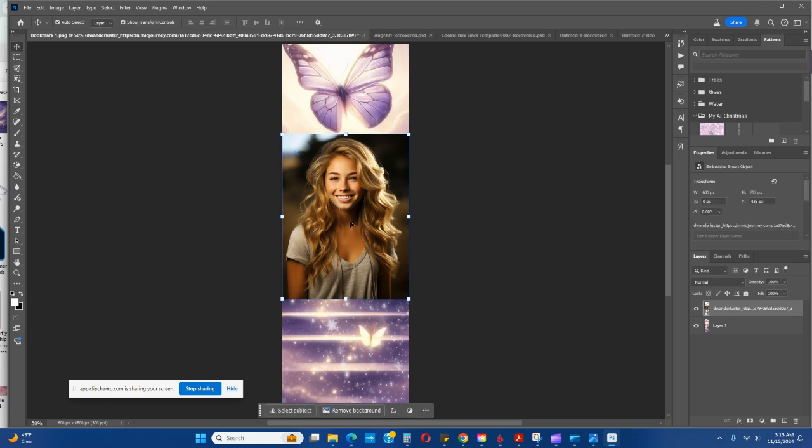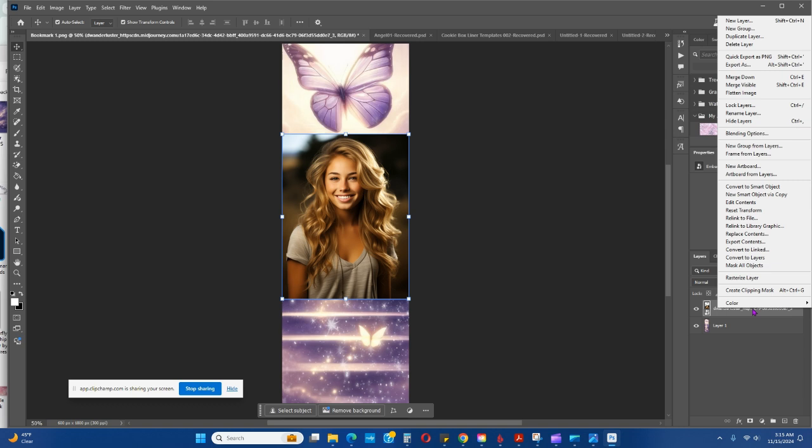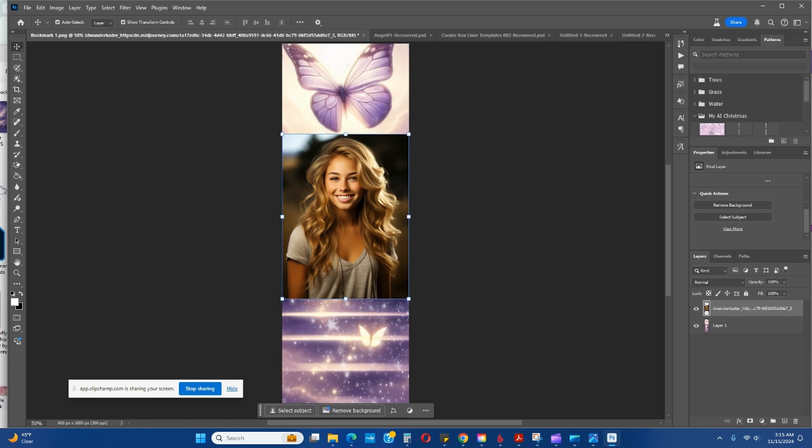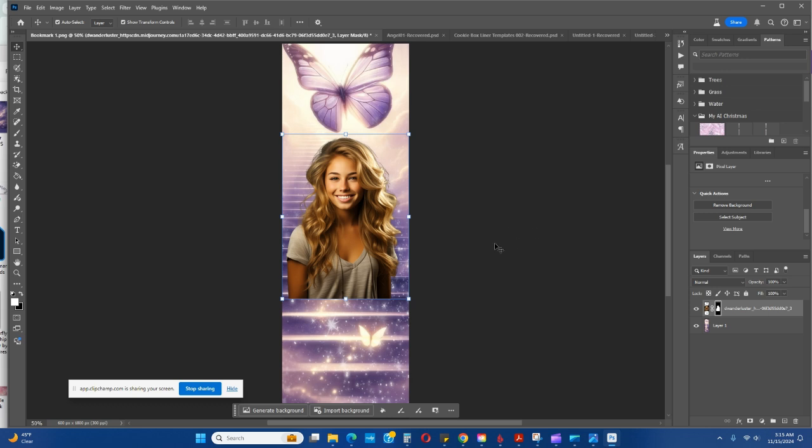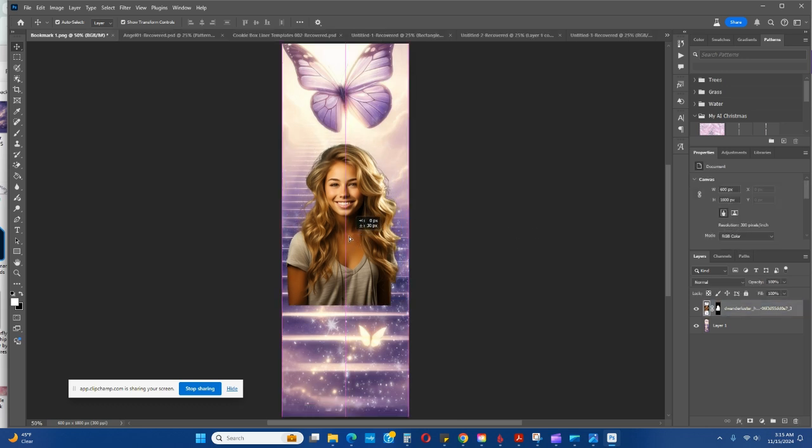drop it in Photoshop. Let's see. I'm going to rasterize this layer, and I'm going to click on remove background. Sometimes Photoshop doesn't do as well as Canva with removing the background, and she's kind of blended in, so it may not be perfect, but this is just an example. So, oh, that did good. Okay, so I have her there,